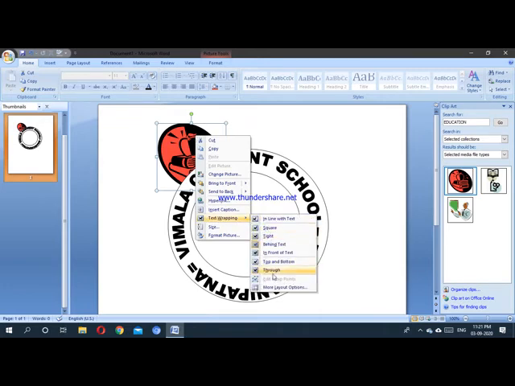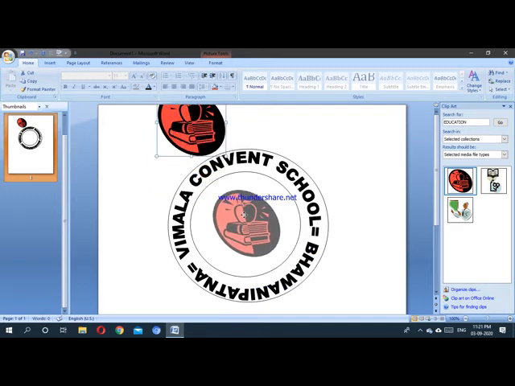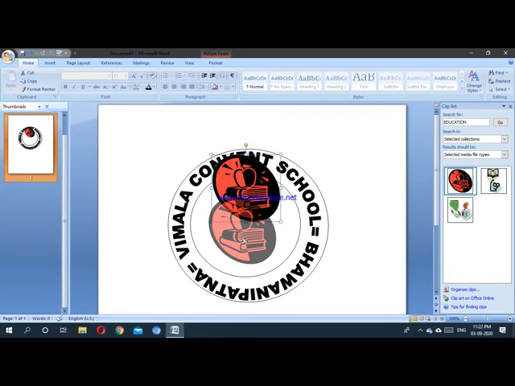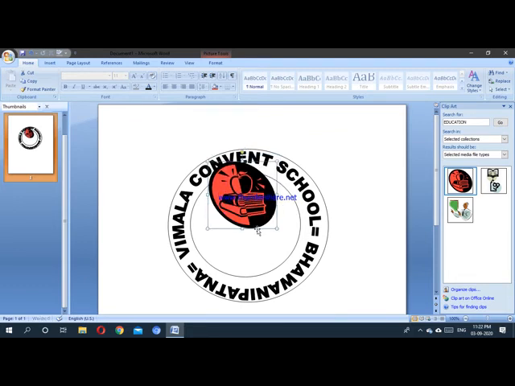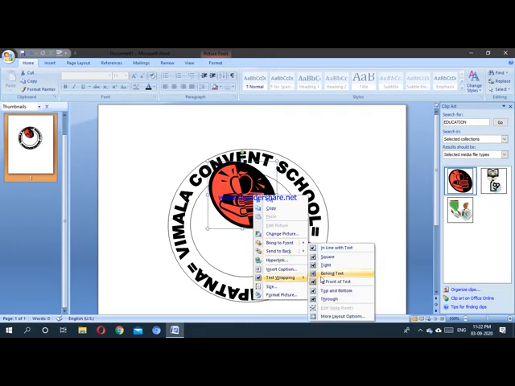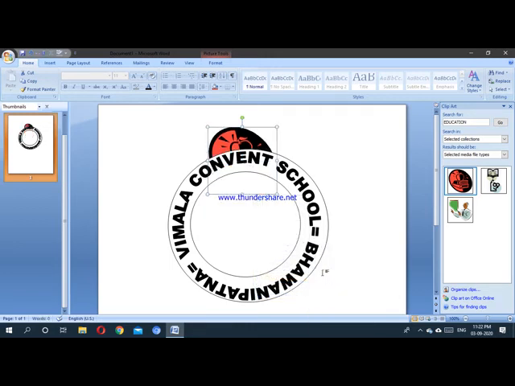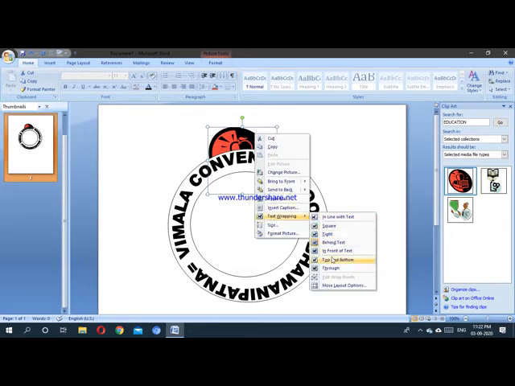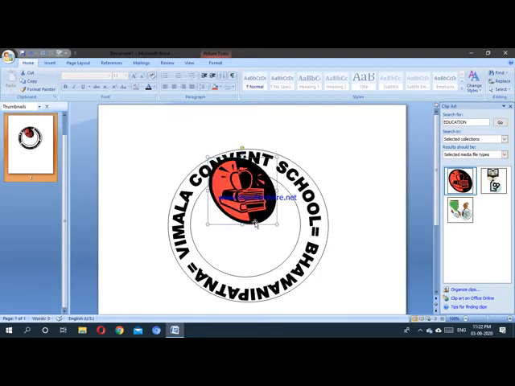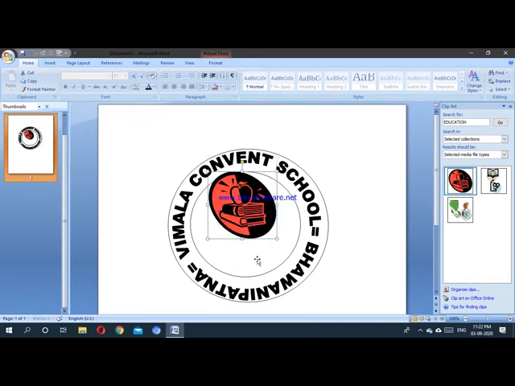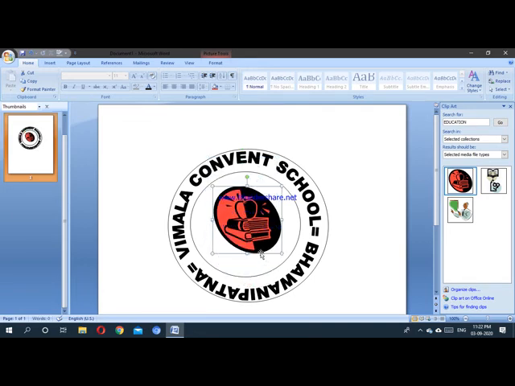Text wrapping, in front of text. Now it will come, I think, in the middle. Okay, center coming. Now keep it here. Okay, in the middle coming.